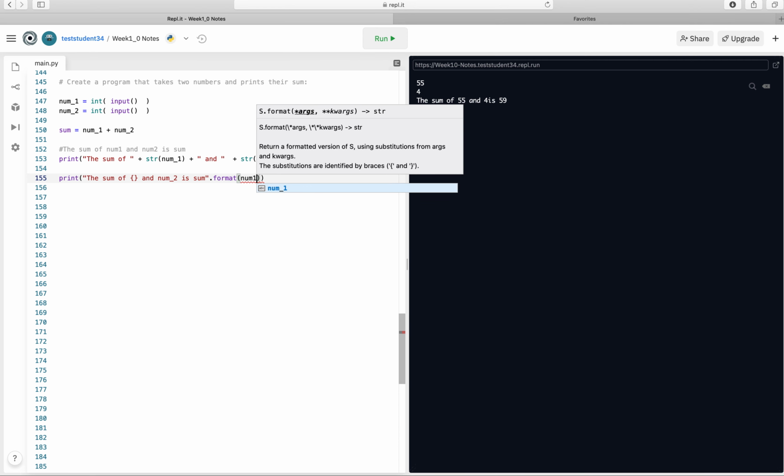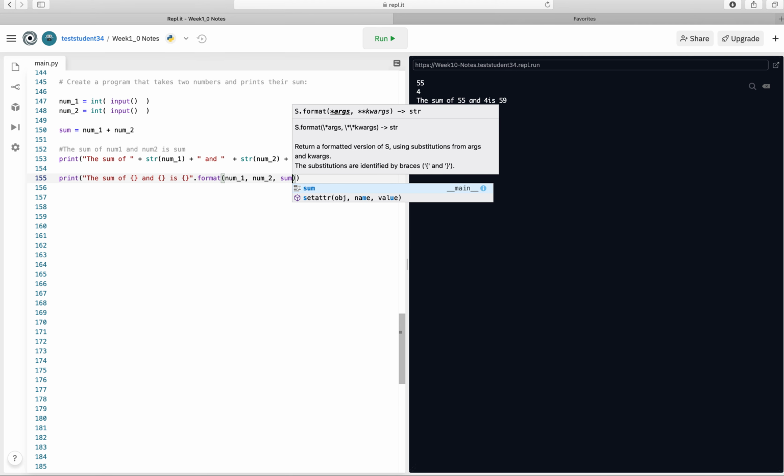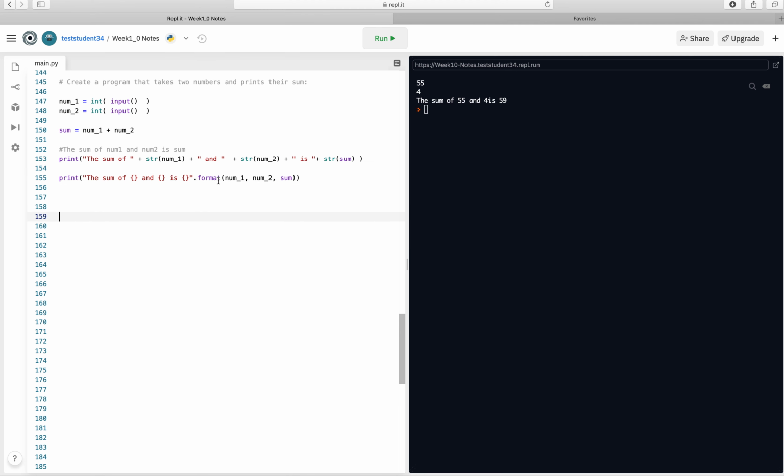Num1, comma. And instead of num2, I write curly brackets. And over here I can say num2. Instead of sum, I have curly brackets. Put a comma here and say sum. So here we have print the sum of